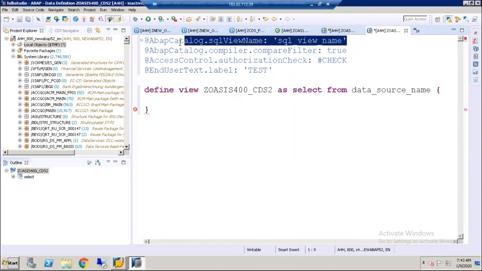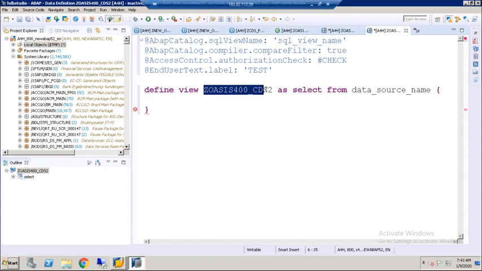This is the mandatory annotation. You cannot remove this, otherwise it will not work. This is the CDS view name or data definition, and in the same way there will be an SQL view name. Whenever you create a CDS view or data definition, this is in the